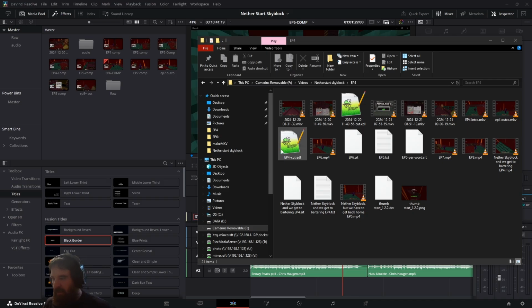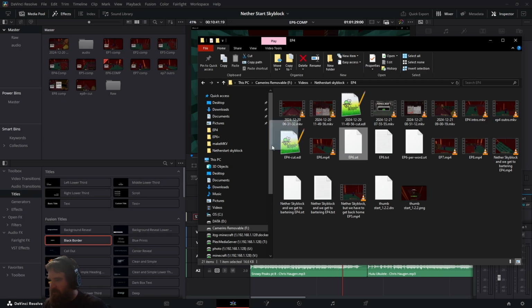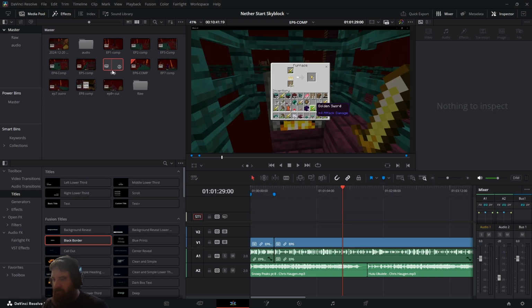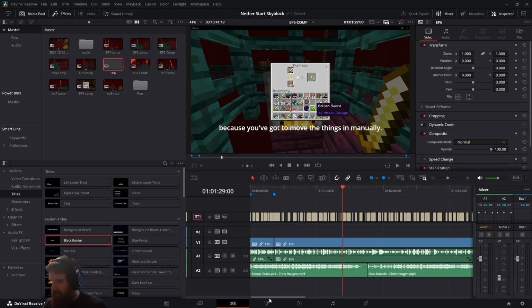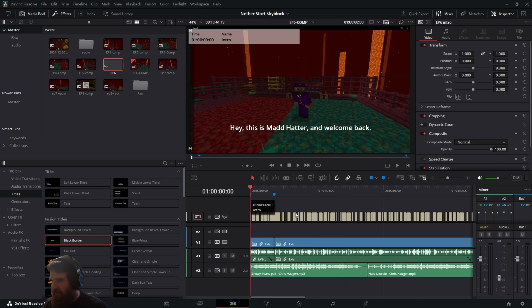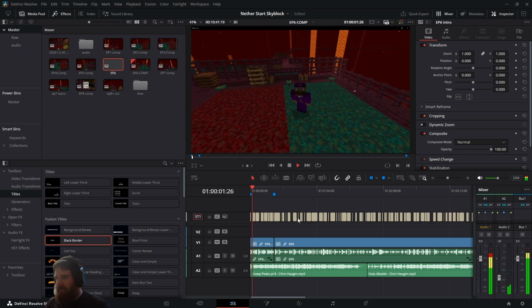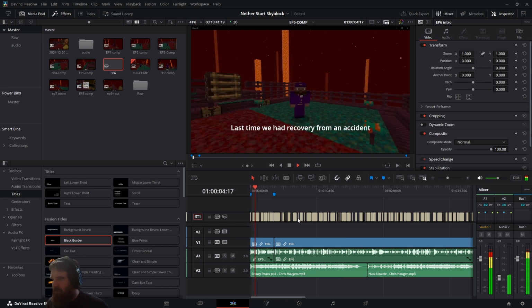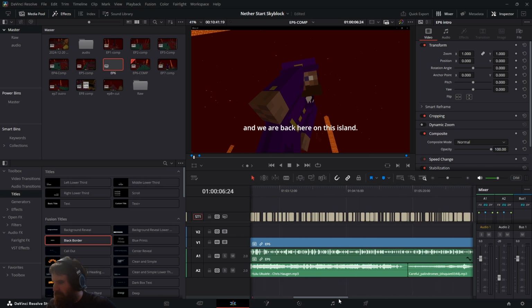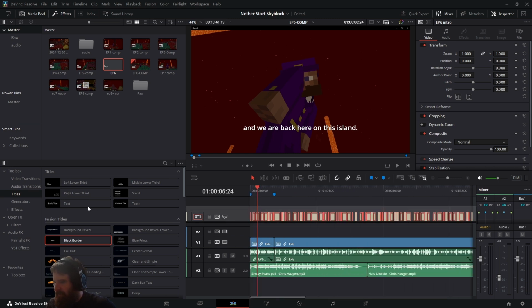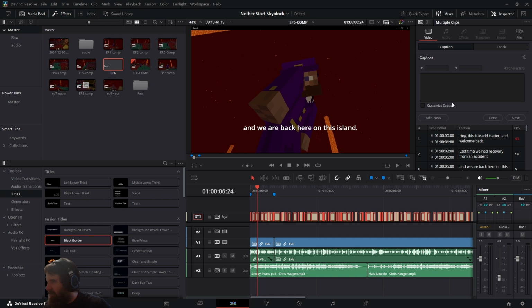If I go now and I grab that SRT file and drop it into DaVinci as a source file, and then I drop it into my timeline here, you can see I'm starting to get text that I can actually have all the stuff working. It's pretty cool. Now, I don't know exactly how you do the formatting of these, but you can see here